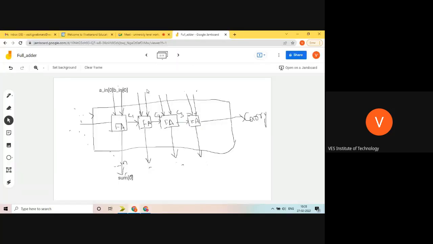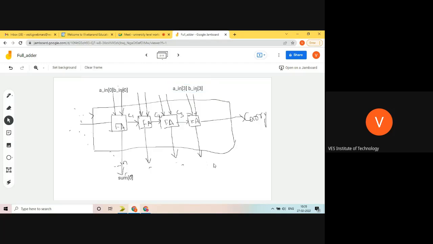You can see this. So up to this, I can write A in 3 and B in 3. Okay. So this is A in 3, B in 3.